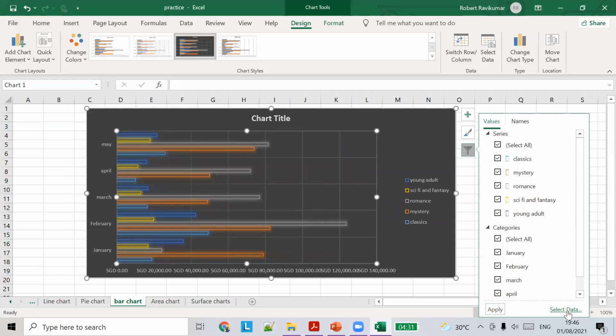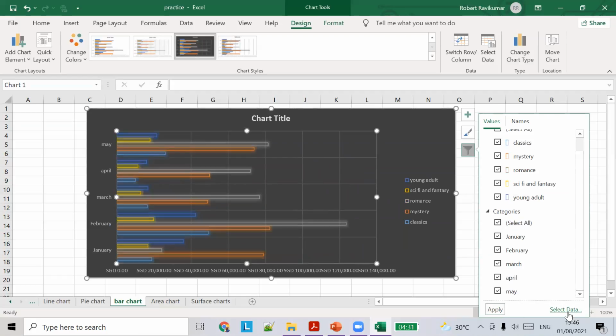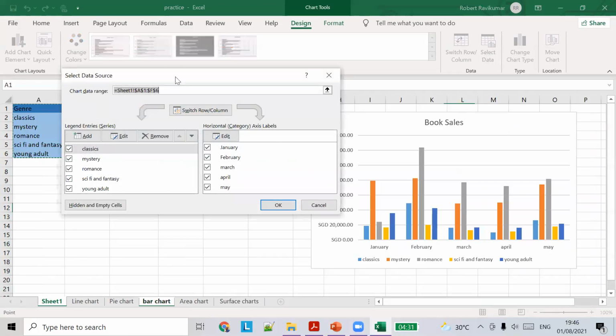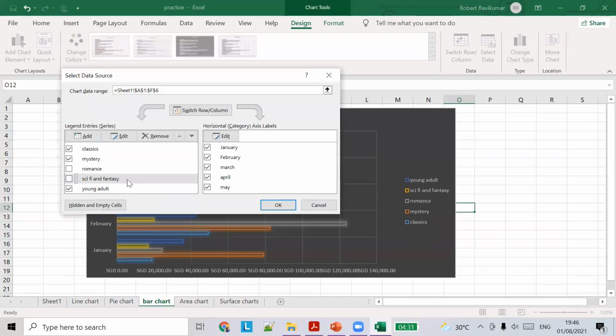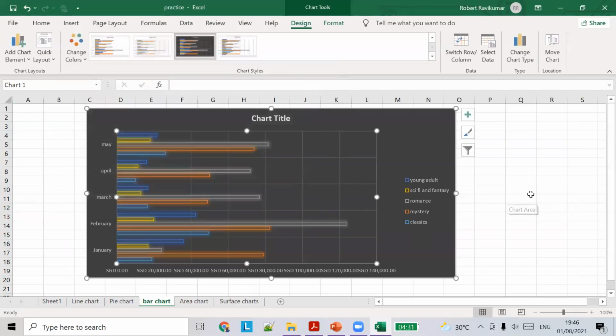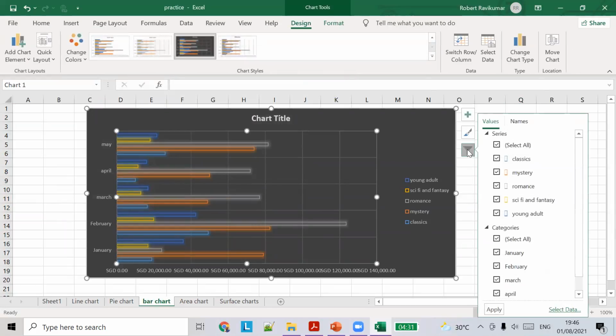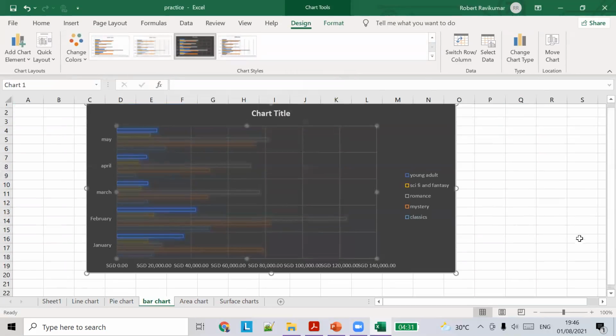If you want to select the data again, you can do it from here. Or else you can remove the data using these options also. So this is how you do chart filters.